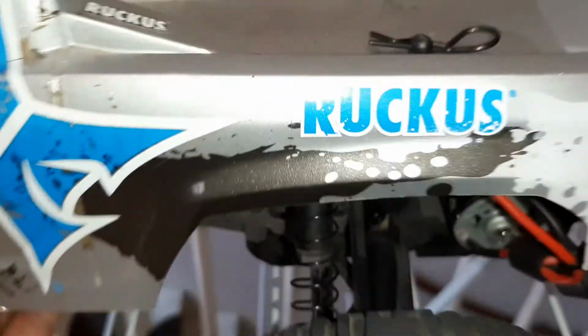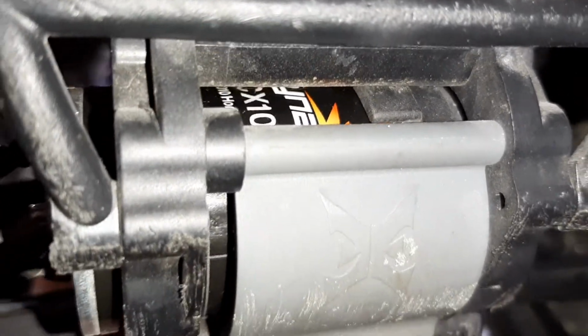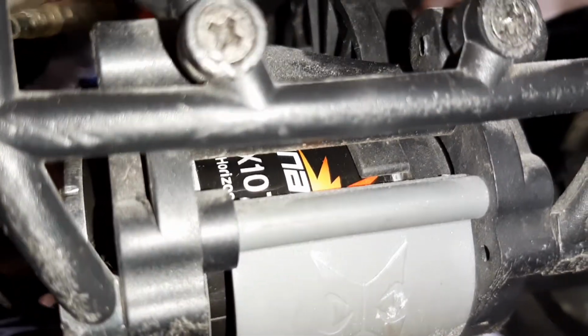It doesn't show that well, but it is a 15 turn motor with the original speed controller. So it's really nice if you look at the back bumper. It's not used like my own car. ECX 10. It is a 15 turn, but you cannot see it. I hate that. But anyways,